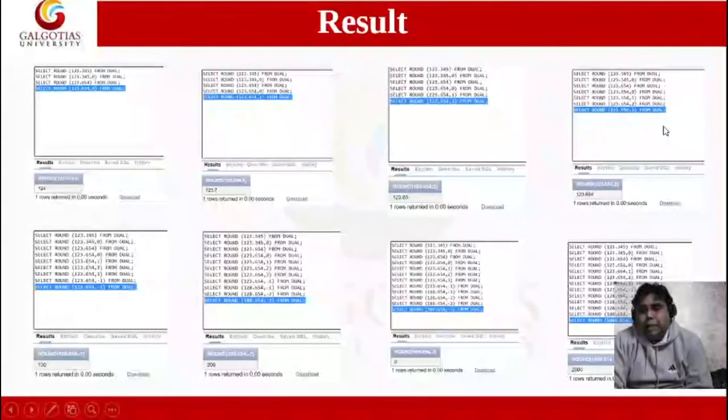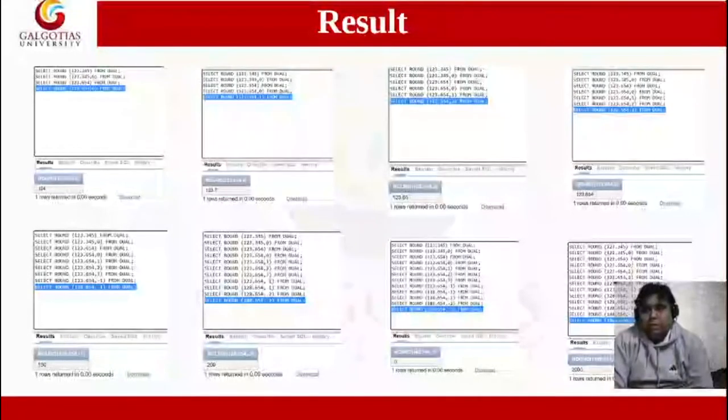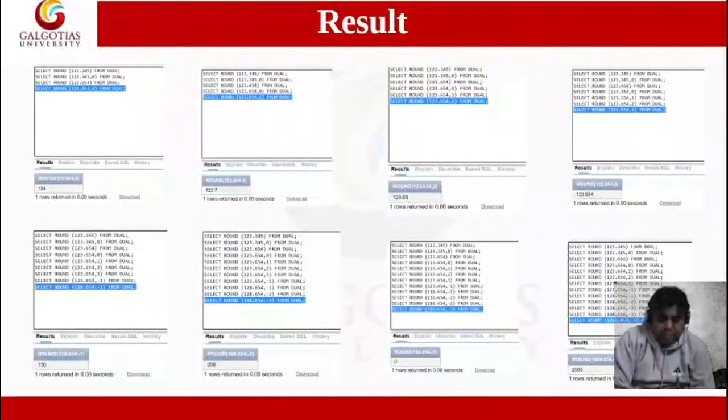In the same way, you can see the examples that I have shown in the slides. So you can kindly implement them on your SQL Plus and see and enjoy the results.